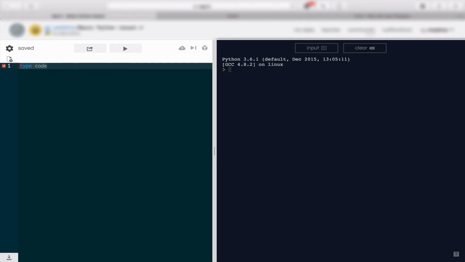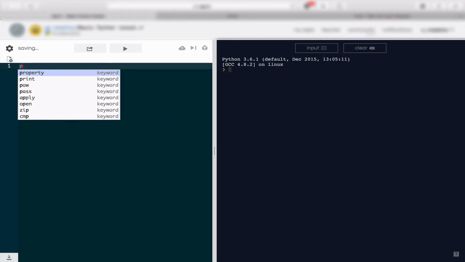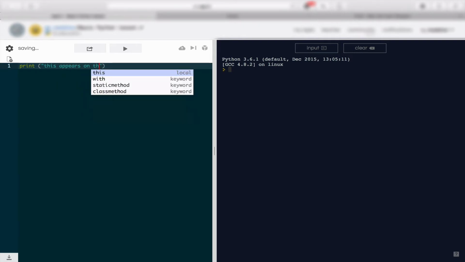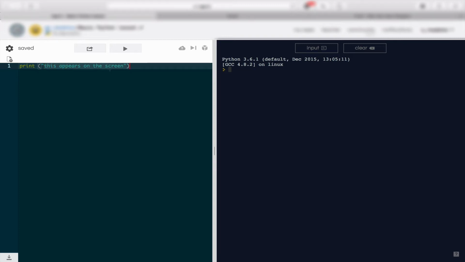So let's begin with our first basic program, is that we want to show something on the screen. So let's imagine that this screen on the right hand side is what the user or the person who uses your program is going to see. So one of the most basic things we want to do is to show something on the screen. And we can do that with a print command. And you can see that if I type in anything inside these quotation marks and press run, it will come